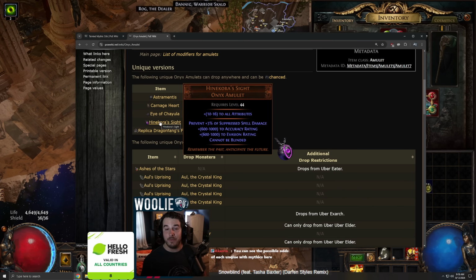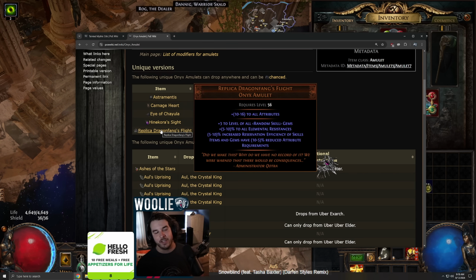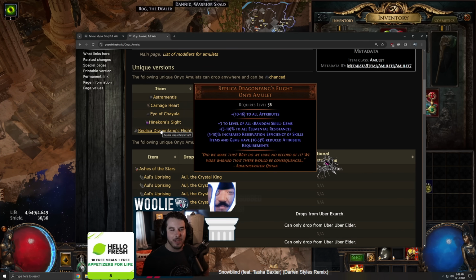Hinakora's Sight would actually be very good as well, plus 3% spell suppress. Or sorry, prevent plus 3%. I'm already preventing 53, so now I'm preventing 56, which is very powerful. Evasion rating is armor for me because I have iron reflexes. Cannot be blinded. Accuracy, those don't do anything. So this would be pretty decent, actually. And then Replica Dragonfang's Flight. This one is interesting, but it would be...